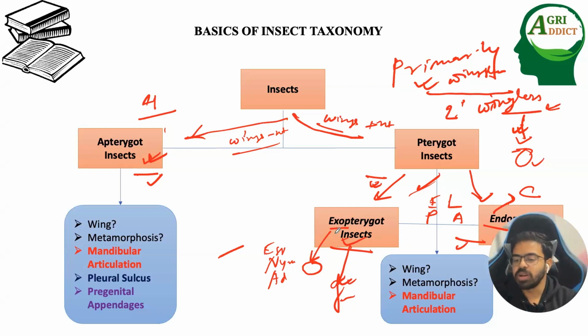So just tell one thing. Wing buds are developed at which stage of exopterygotes? Eggs, nymphs, or adults? Wing buds, not the wings. Nymph, sir. Exactly, nymphs. And nymphs are always external affairs. Nymphs are not encased. Most of the cases, nymphs are not encased. So the nymphs are externally developed. That's why the wing buds are developed in nymphs, and that is why it is known as exopterygote, or externally